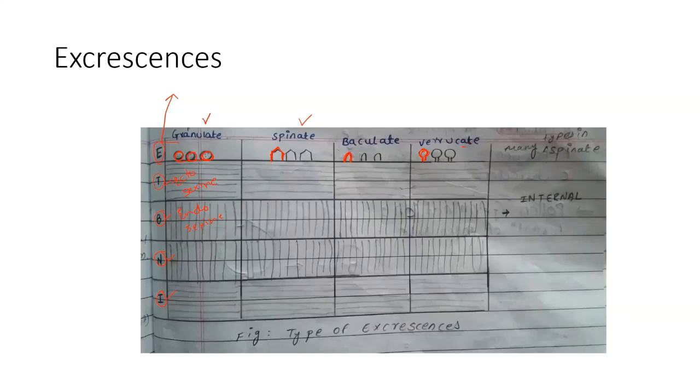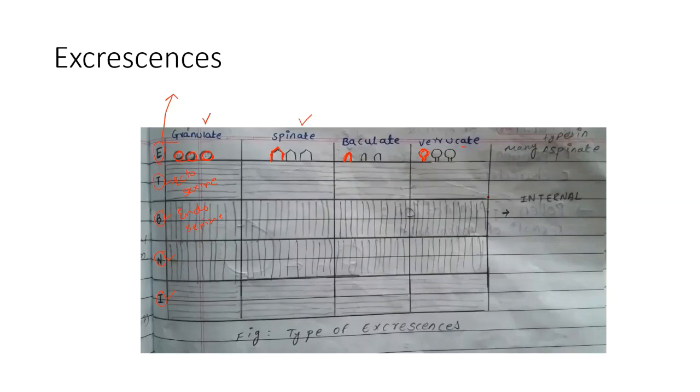In spinate, you may have different types again. So what are the types? Here you can see the spinate where the tip and the base both are almost similar. The spines may have a normal base with pointed tip, or a normal base with blunt ends, or a broad base and pointed tip, or a broad base and blunt ends. Any combination is possible. Any length is possible. So on that basis, you may have different types.